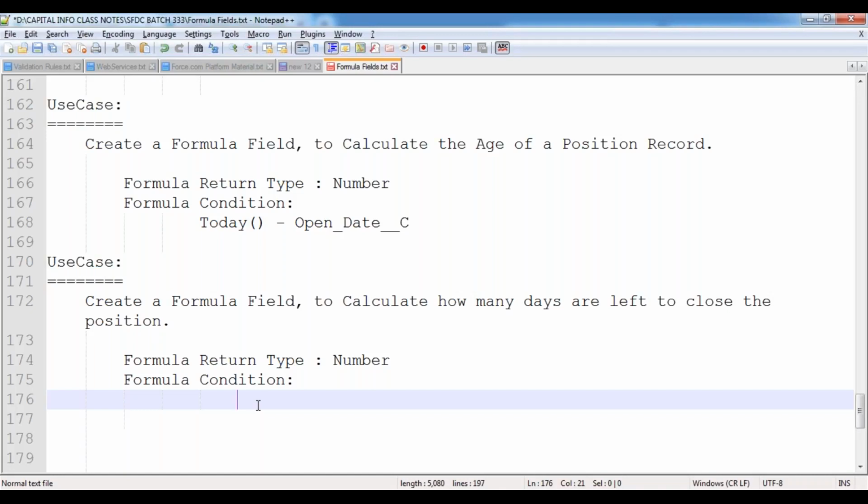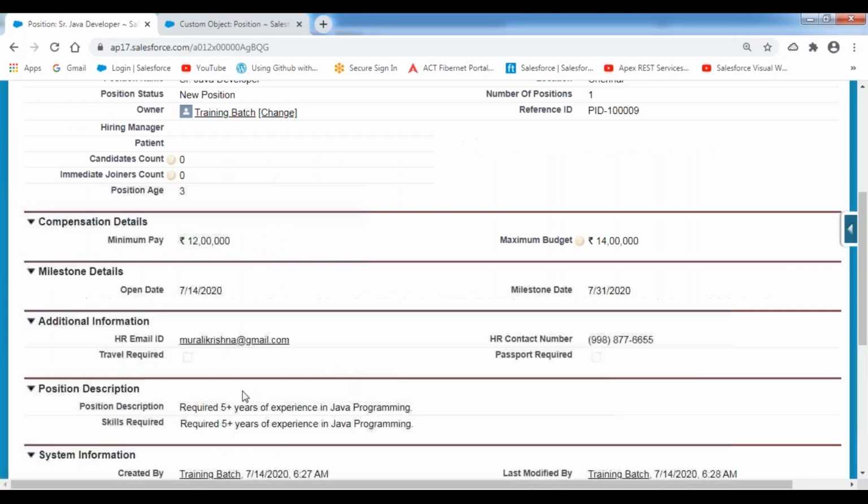So in this case, today is the 17th. When will my salary be credited? On the 31st of this month. So how many days are left? Like some 14 days, whatever, we need to calculate. That means to reach that date, we need to calculate how many days are left. In a similar way here also, I want to do this calculation. Now, in this case, how can we create that?